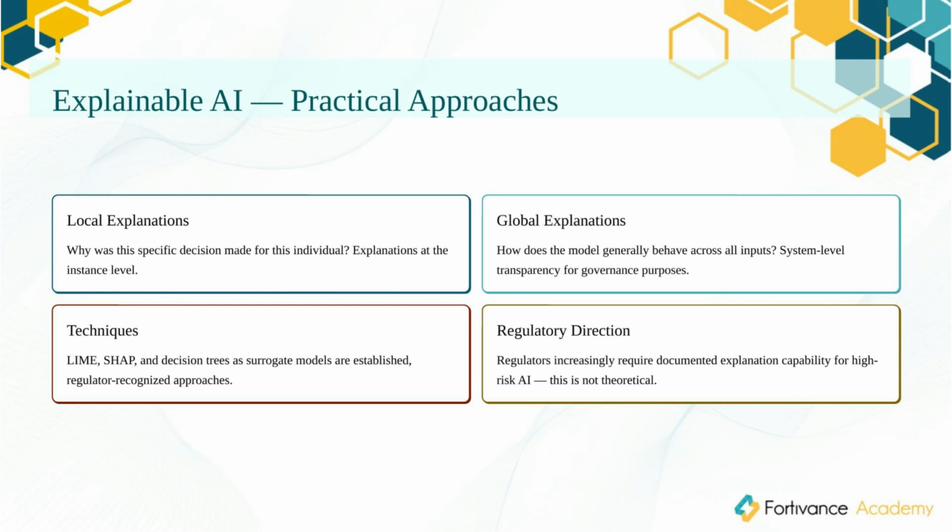For high-risk AI systems where explanation is legally required, consider whether model complexity is justified. A logistic regression model that achieves 85% accuracy and can be explained precisely may be preferable to a neural network achieving 87% accuracy that cannot. The 2% performance gain is rarely worth the explainability gap when regulatory compliance and human rights are at stake.